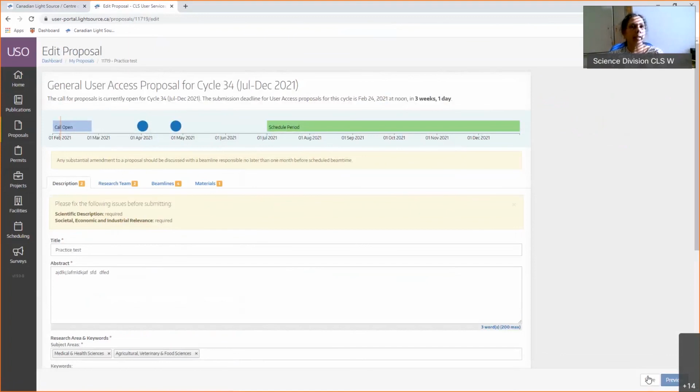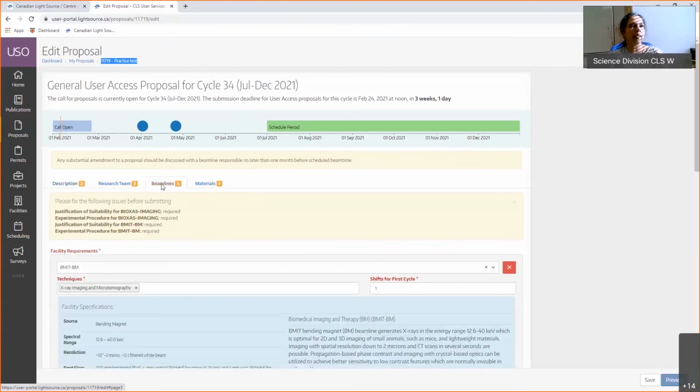Another thing, a lot of the time the beamline responsible can also give you comments. So if I were you, sometimes I write it early in advance and send a copy to the beamline responsible, or you can give them the proposal number. So this is a proposal number. You can email the beamline responsible and say, can you have a quick look and give me any comments that I missed? That comes in really handy because the beamline responsible can see the system as you are drafting, and if you have selected the beamlines, they can see the proposal in action. Or you can create a PDF and send it to them as well.